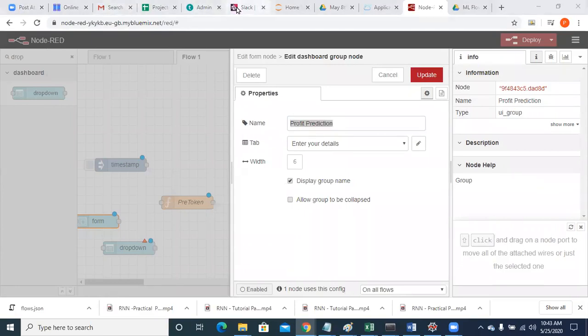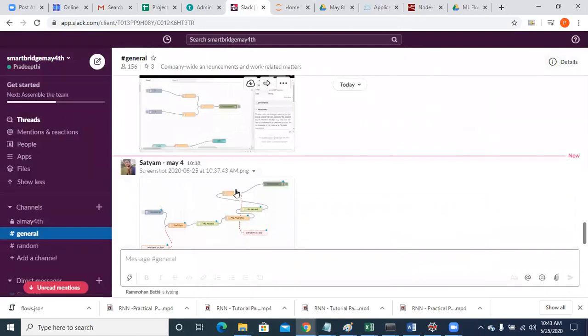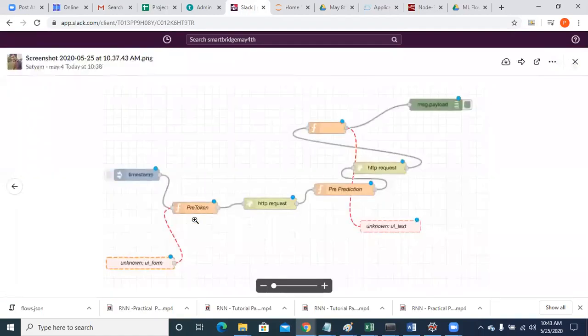Yeah, I'm just seeing that, Satyam. Let me check it. Oh, you have to download the UI. Actually, were you absent yesterday, Satyam, on Saturday? No, right? You're not absent, right?